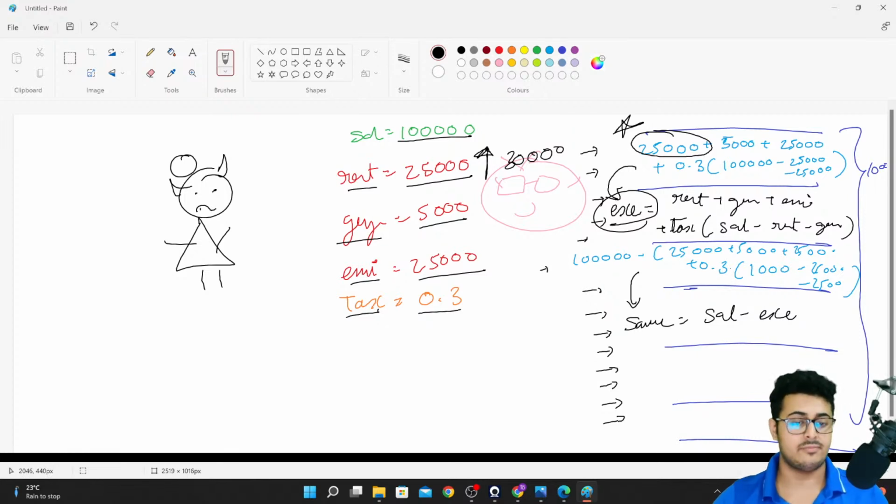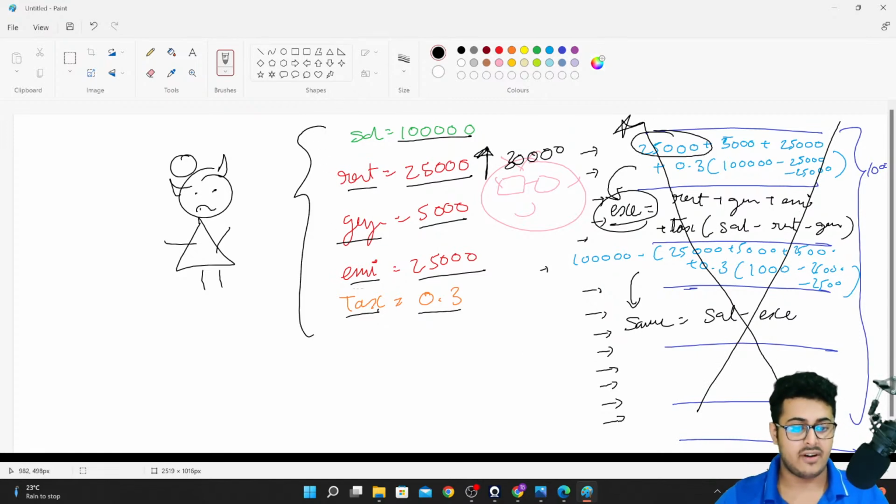So whatever the result is, I'm saving it into another nickname called exe. Now I can use it to calculate my savings as well, and so on and so forth. Now even if my landlady comes up and tells me, okay, I'm jacking up the prices to 30,000 rupees, I don't even have to look at these 10,000 lines of code. I just have to come to these 5 lines of code and then just change rent equals 25,000 to rent equals